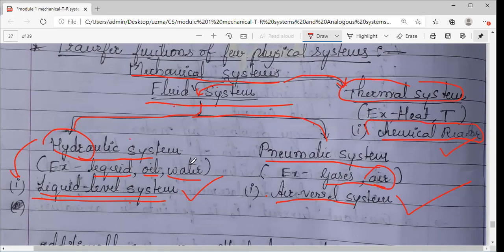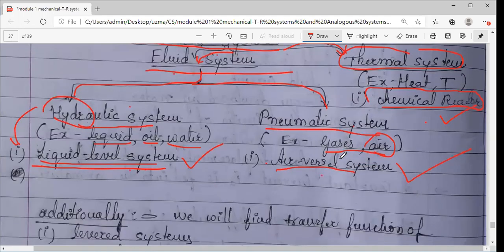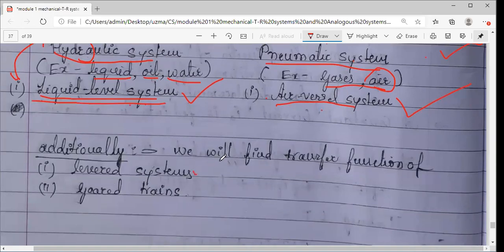फ्लूइड में हाइड्रोलिक है, न्यूमैटिक है, लिक्विड लेवल, एयर वेसल एंड केमिकल रिएक्टर. ये तीन सिस्टम्स के लिए we will try to find the transfer function. And additionally in your textbook these two are also given, levered systems and geared systems. So levered systems,